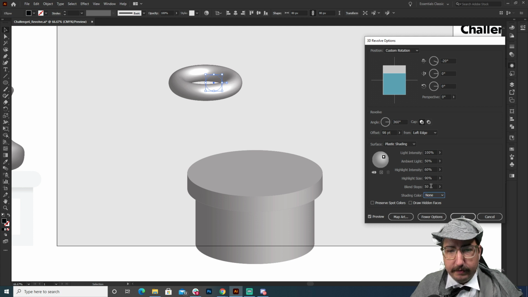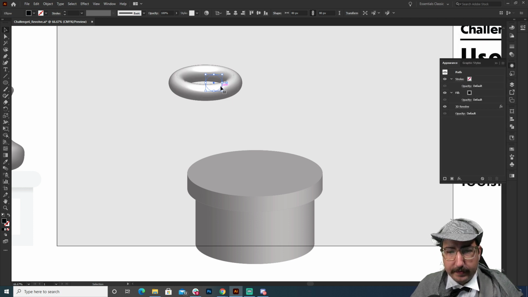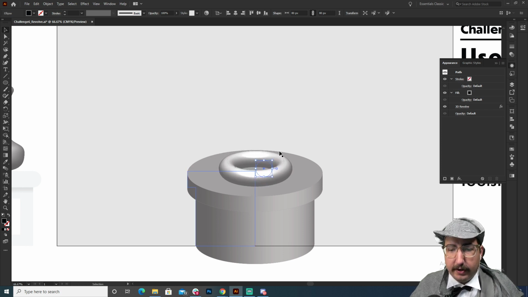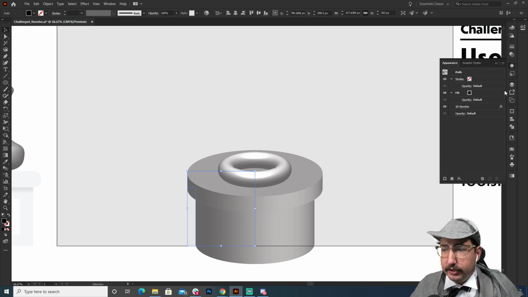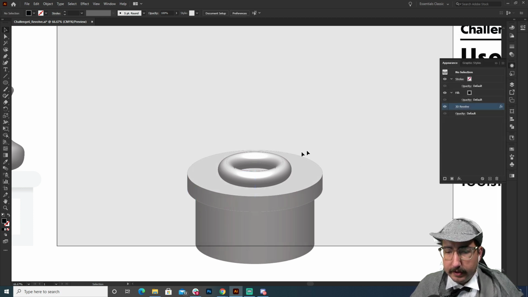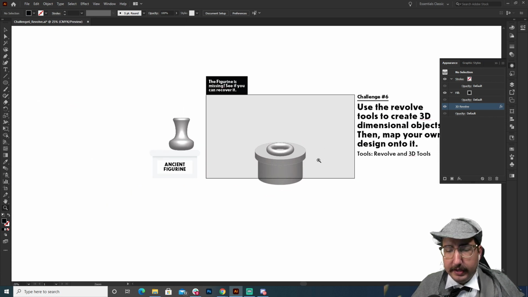That looks pretty good. Let's do 50 on the different offsets. Cool. And then let's change the lighting to maybe be straight from the top down. So we're going to hit OK. And now we've got this nice little 3D sitting right here that we can put on the same angle as our podium. And from here, we can, again, change some of the settings of this further one to match the lighting. Let's move the lighting up here. There we go. And we will hit OK. And there we go.